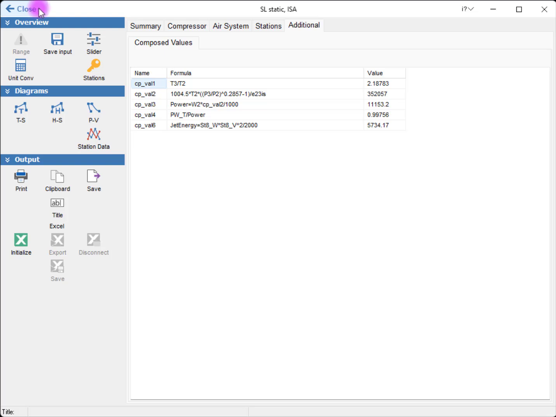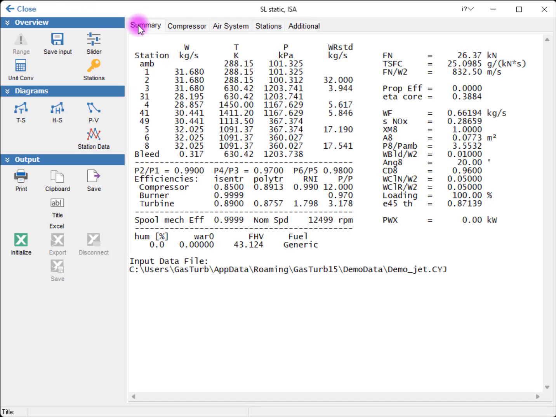Now let us select the Summary tab where we again see the results of the original cycle. The turbine pressure ratio of the calculated cycle is approximately 3.2. This pressure ratio is easily achievable with a single-stage turbine. In fact, a single-stage turbine can work up to a pressure ratio of 4 with acceptable efficiency. A higher compressor ratio would be achievable, which, as we know, might allow us to run the turbojet with higher overall efficiency.